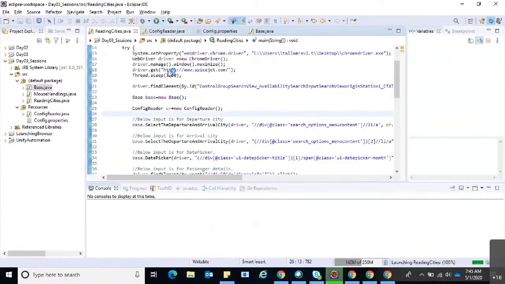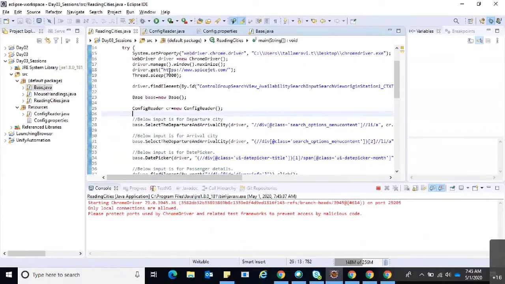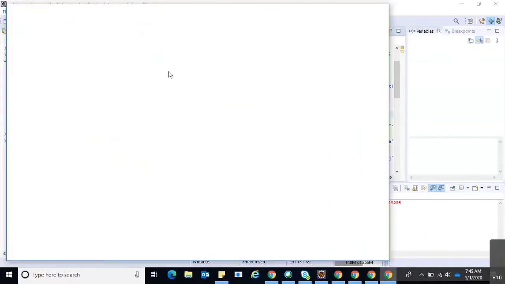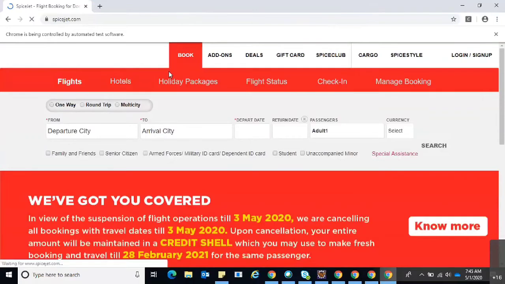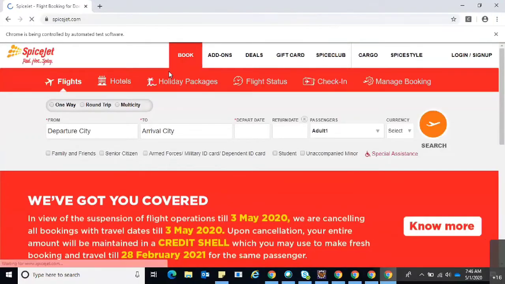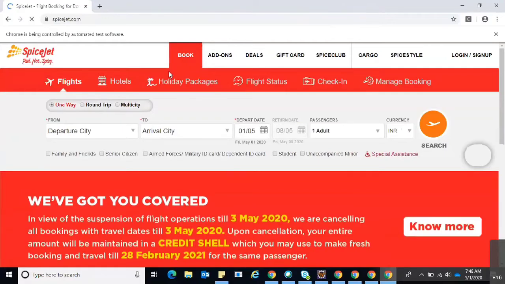I just save the project and clicking on run. It's still loading the application.